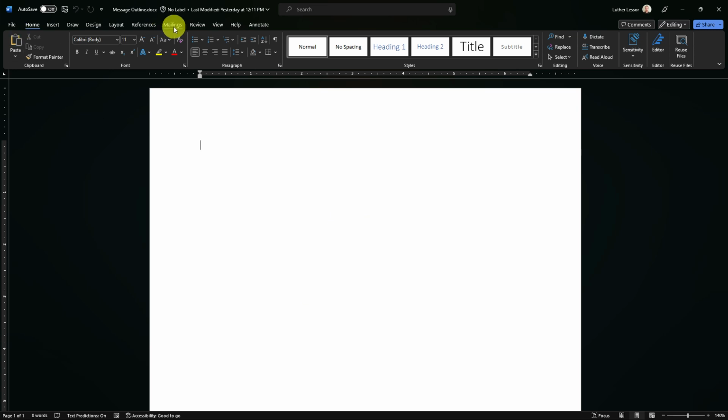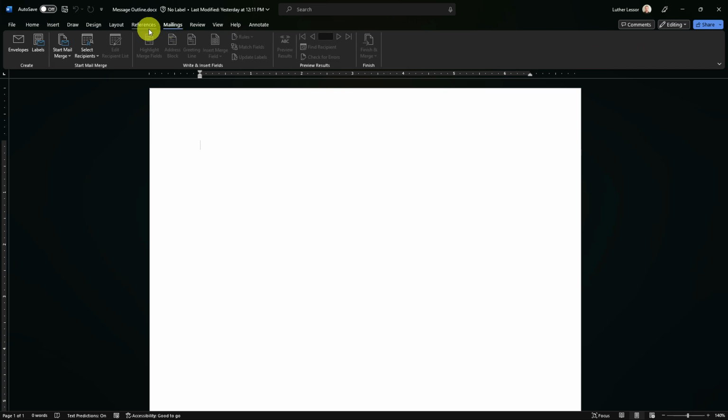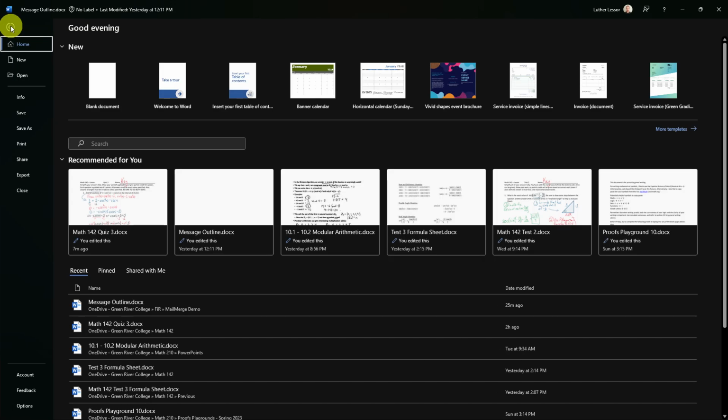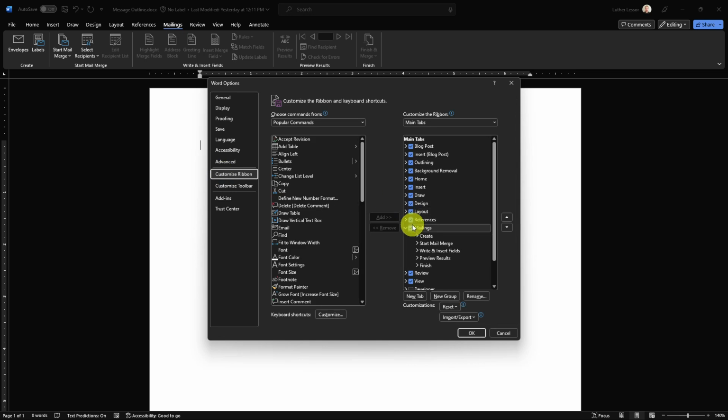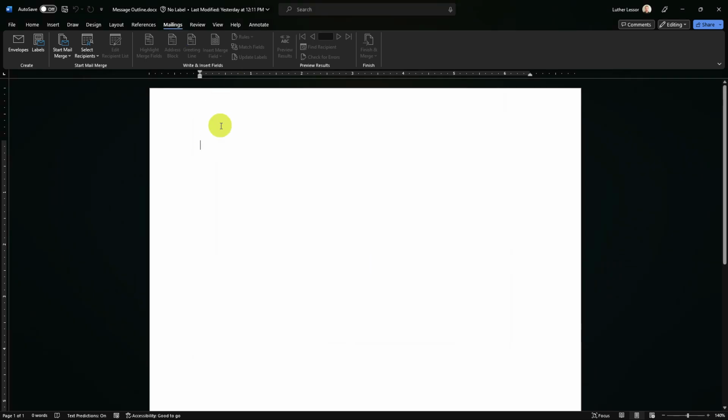If it's not already there, what we're looking for is Mailings, and under that, we're looking for something called Mail Merge. If that's not in your ribbon in Microsoft Word initially, we can turn that on by going to File in the top left, going down to Options, and then we want to customize the ribbon. There should be Mailings here. If it is unchecked, then you won't see it up here. So we're just going to make sure that's checked and hit OK so that Mailings shows up here.